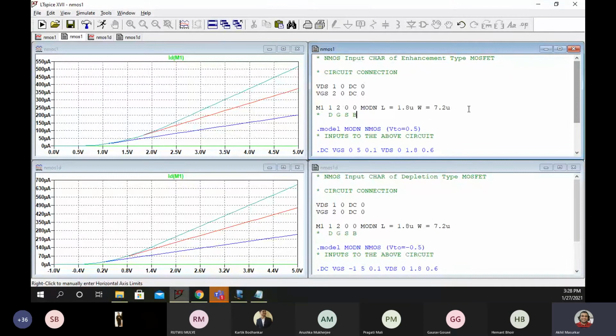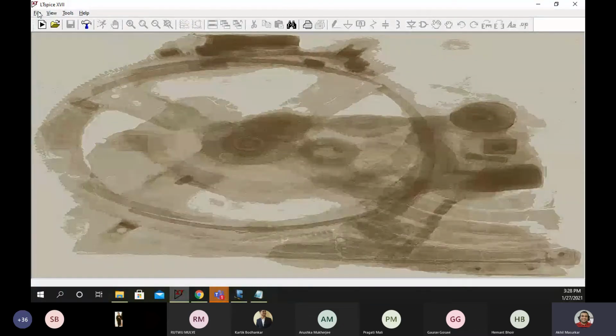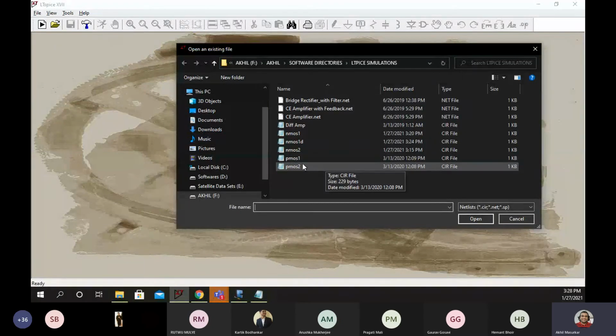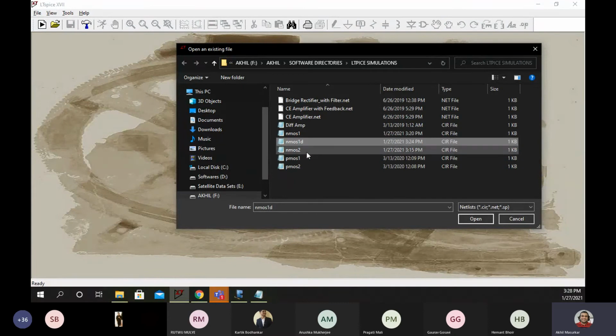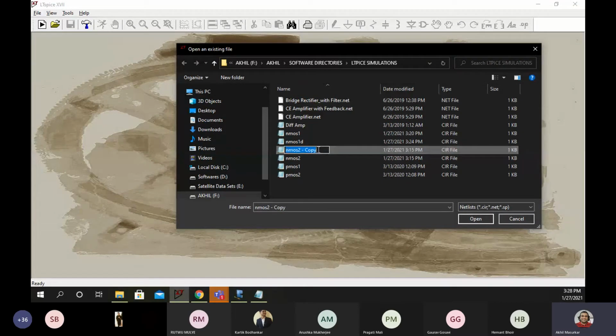Okay, good. So now I am closing this NMOS1 and NMOS1D, both the files. And file NMOS2.